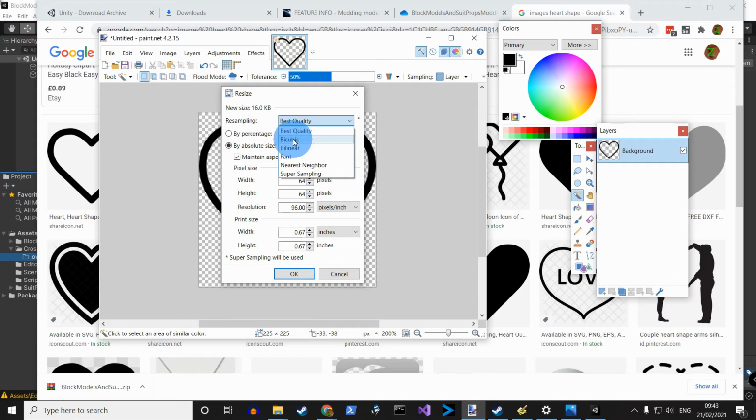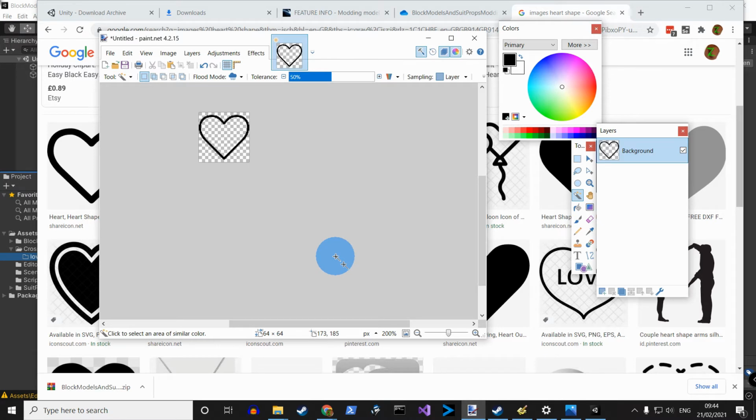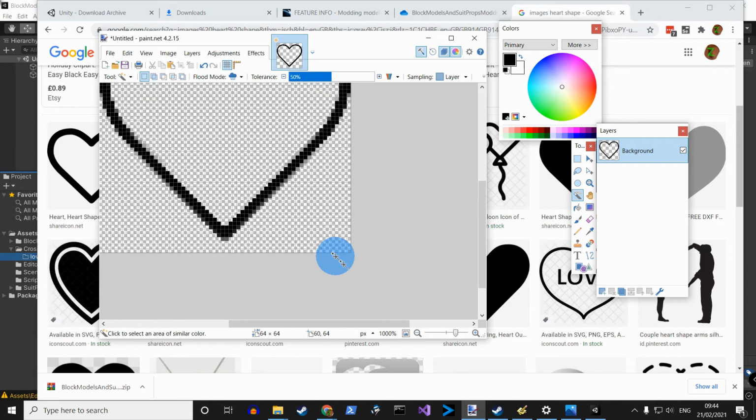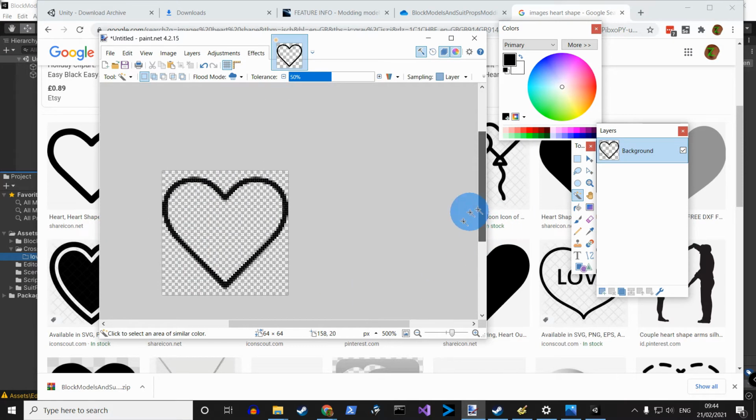The next thing you need to do is change the resizing and scaling to not anti-alias any graphics, because at this kind of scale you're just going to get blurry edges. And that's going to mess with your alpha channel again as well, or your transparency. Right, so here I have